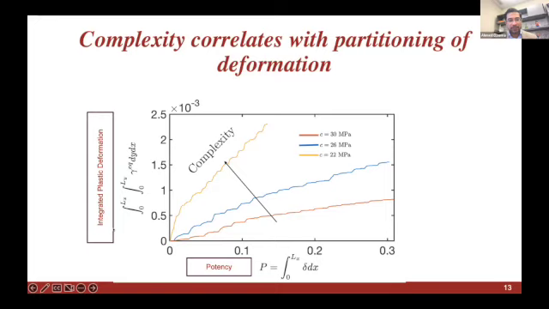This plot here shows integrated plastic deformation versus the potency for different values of cohesion. And as you can see, as we reduce the cohesion, we get more integrated plastic deformation in the bulk. I just want to point out the scale here, this 10 to the power -3, this 10 to the power -1. So still the total plastic deformation in the bulk may be 1% of the potency. However, its impact is quite significant.